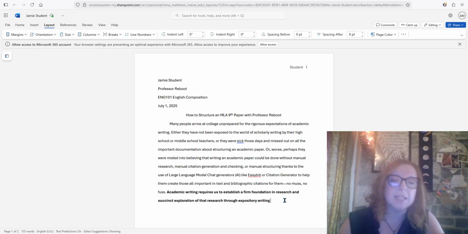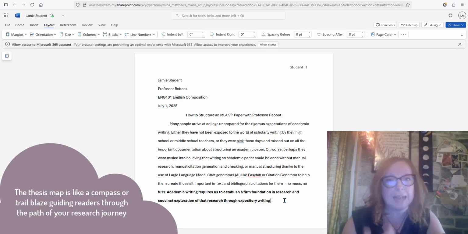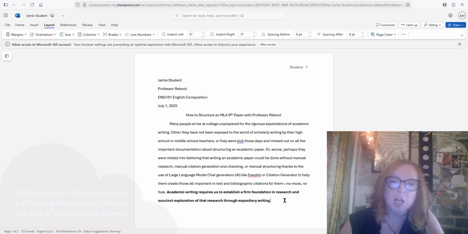Now, a thesis map is often part of the thesis construction that people overlook. The map is like a compass. It is going to name probably about 3 points that I, as a writer, or you as the student writer, will use to summarize the major elements of your argument. This is the way to go when constructing an academic paper. So I would look to my research, I would look to what I've collected and gathered for evidence,